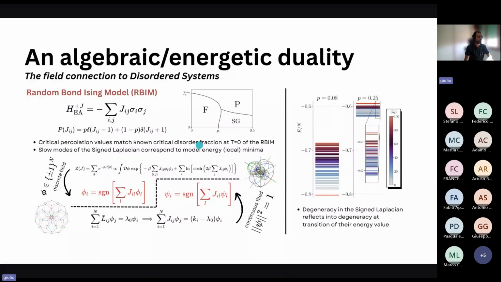And if you start measuring the energy of these eigenmodes on top of the system, where you plug them into your Hamiltonian, you find that below the critical fraction threshold, the order of the states of the Laplacian is the very same as the order of the energy minima. You can represent it like this, like energy levels, and they are ordered exactly with the eigenvalues of the Laplacian. And the lowest eigenmode is always the lowest energy state of the system.